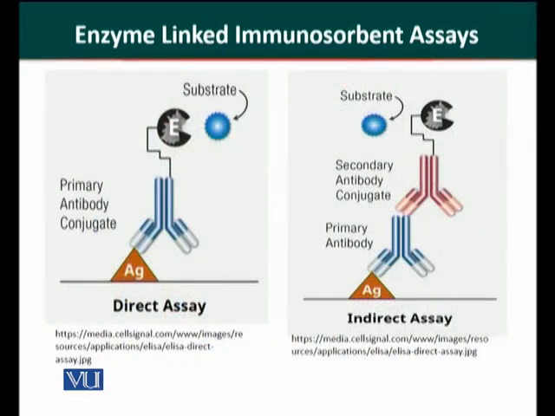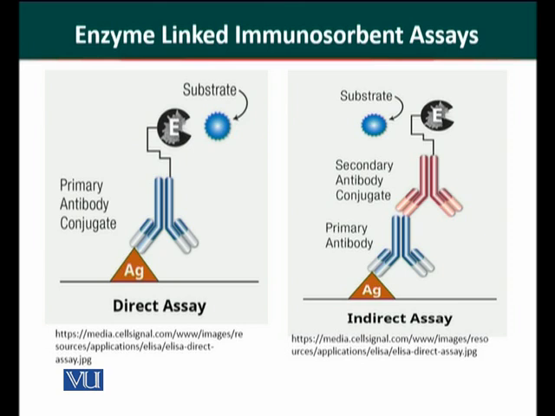First, in the direct assay, the antigen is bound to the surface. An antibody containing the enzyme is attached with the antigen. As a result, there is a biorecognition process. Because the antigen is attached to an antibody which is attached to an enzyme, substrate is added and a colored product could be detected. In this case, in direct assay, we use only one antibody.